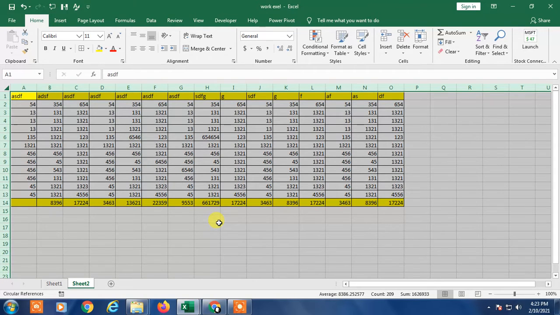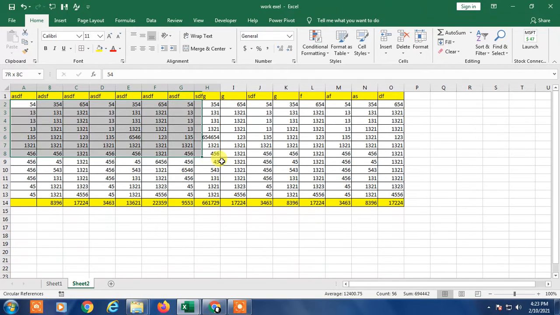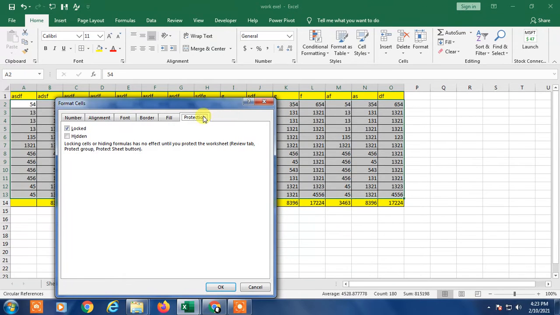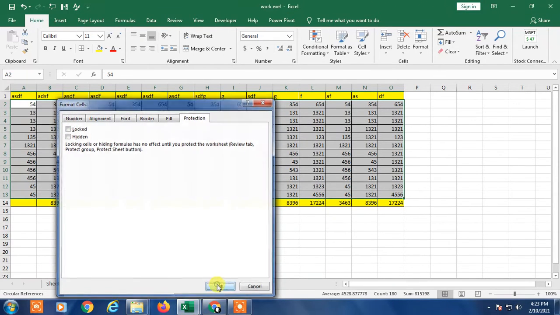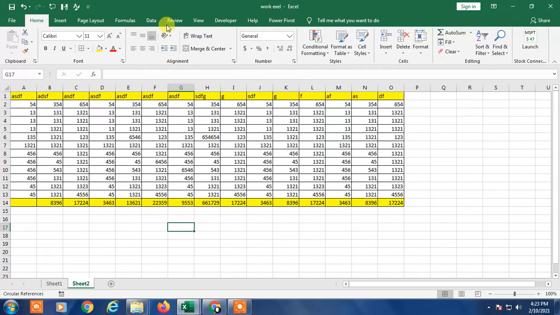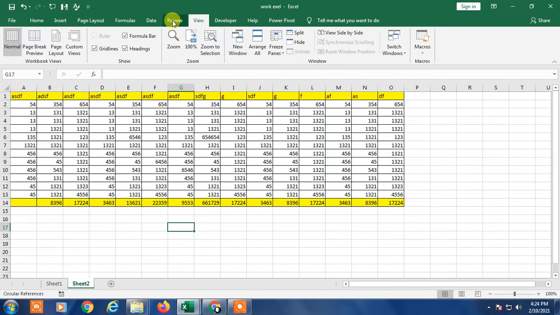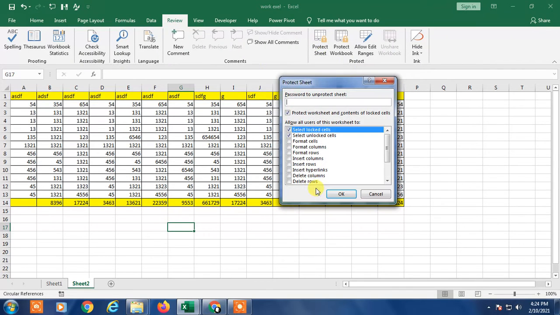The Excel sheet has been protected now. And now if you want to keep this cell editable, just select this cell, and now you have to go again to Format Cells, and for this cell only you have to untick Locked and click OK. So now you have to go to the Review tab, and go to Protect Sheet, and here you can select locked cells, select unlocked cells. These two actions are ticked by default. And if you want, you can enter a password to protect the sheet more. I did not enter a password, just click OK.